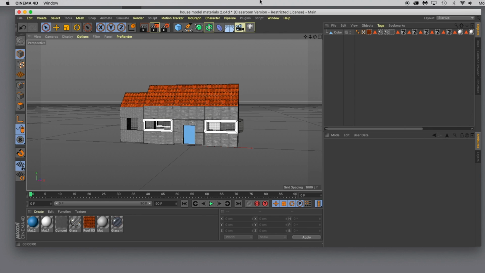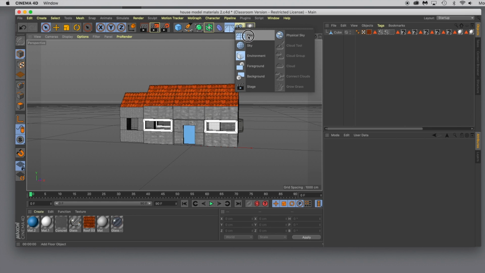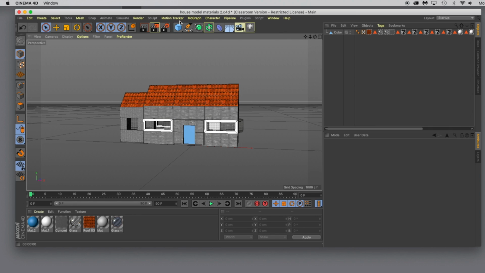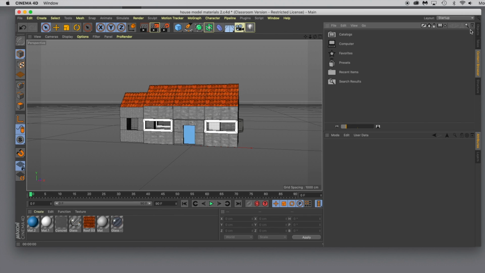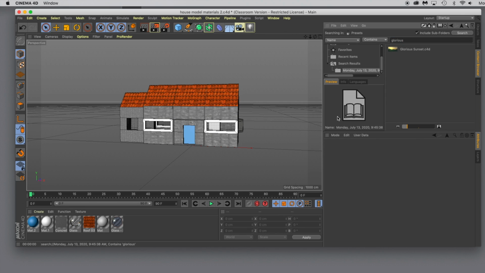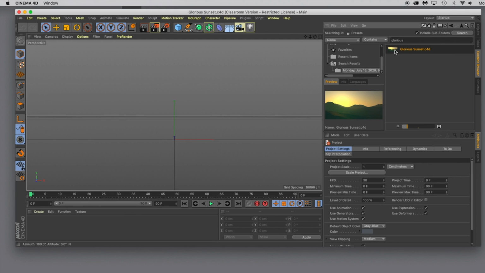We can either start to go up here and drop down entities that we need to build our scene, like the floor and physical sky, or we could go in here and grab some landscapes. But we're just going to go ahead and leapfrog that concept and go up here to the content browser and click this tab, and I'm going to go to the spotlight search and type in glorious. There's a pre-made setup for scenery called glorious sunset in here, and when I double click that, it'll show up